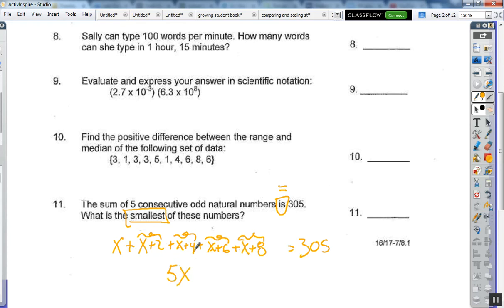2 plus 4 is, well, let's do it this way. 4 plus 6 is 10. 2 plus 8 is another 10. So we have a total of 20. And that's equal to 305. So minus 20, minus 20. And so I get 5x is equal to